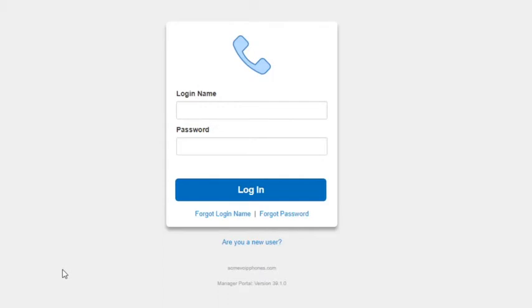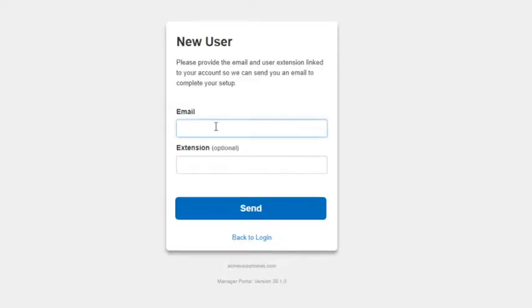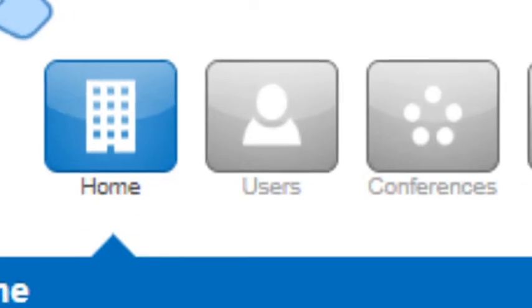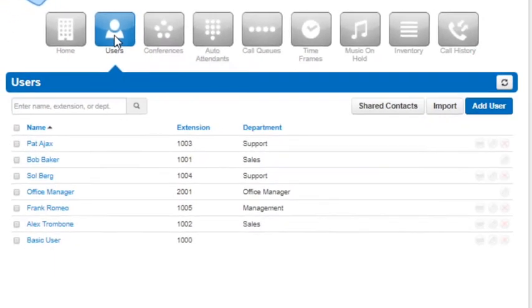After entering the domain into your browser, you will be taken to the login page. On the login page, enter your credentials provided by your administrator or click the new user link. Then enter your email address and extension, and your credentials will be emailed to you. Once you are logged into the Manager portal, you will see the navigation options for system users, where you can